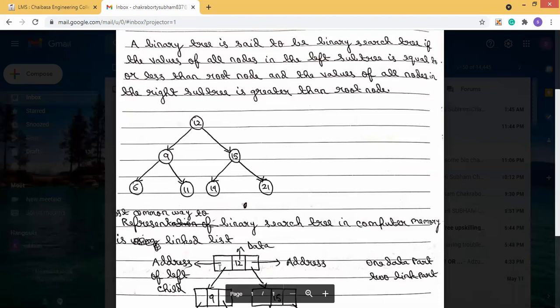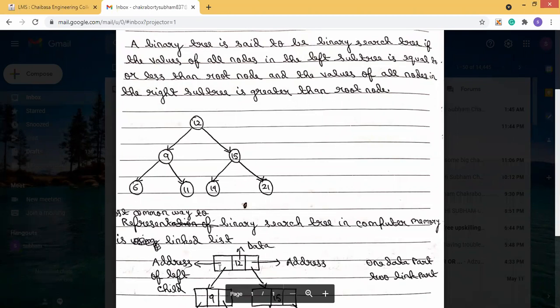And what does the data field do? The data which we store in the linked list is present in the data field. One address field is present on the left side and another address field is present on the right side.